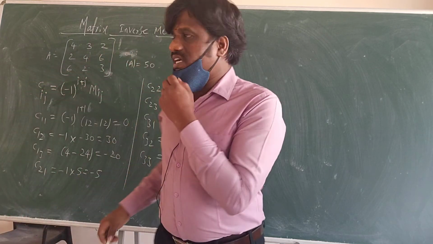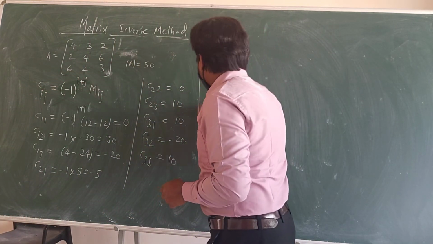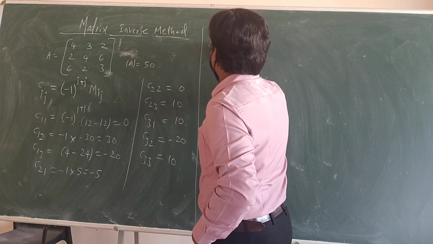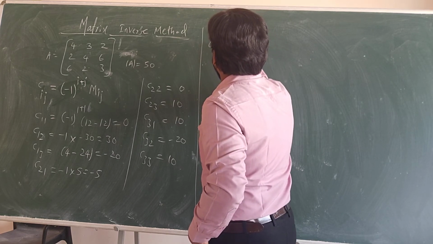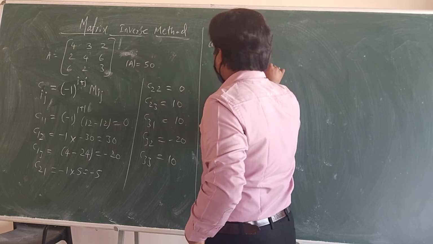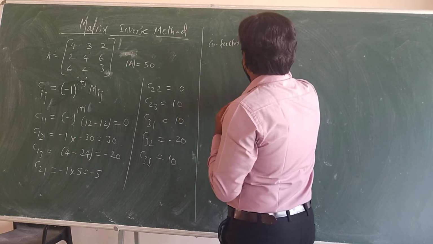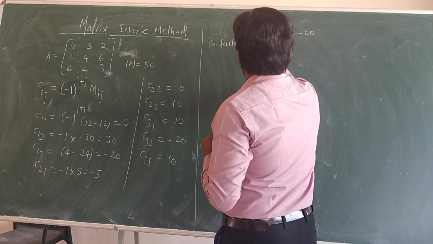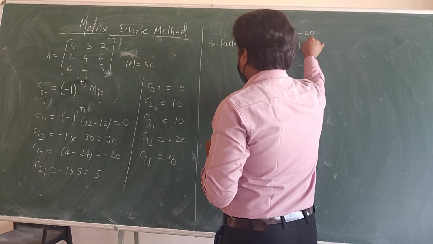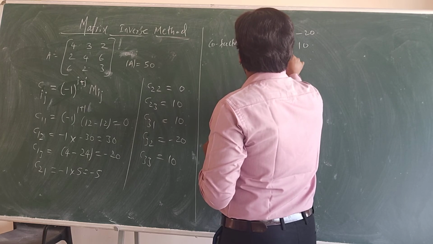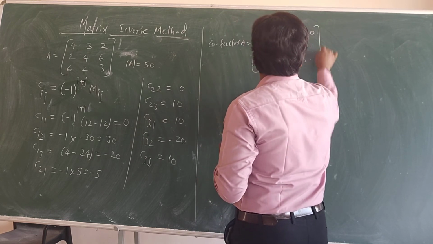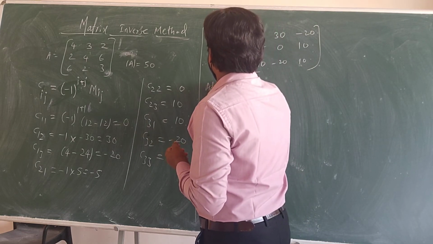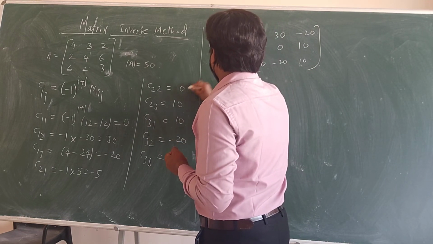Okay? The cofactor is done. So write down the cofactor matrix. Can I write the adjoint directly? No, the cofactor will be written. Cofactor of A is equal to: 0 30 minus 20, minus 5 0 10, 10 minus 20 10. And the transpose of this is the adjoint matrix. So what will adjoint A be? Adjoint, inverse I'll find directly.